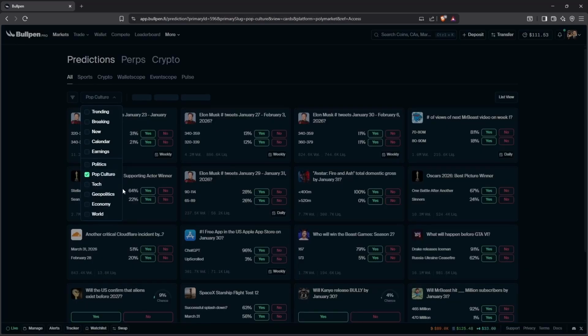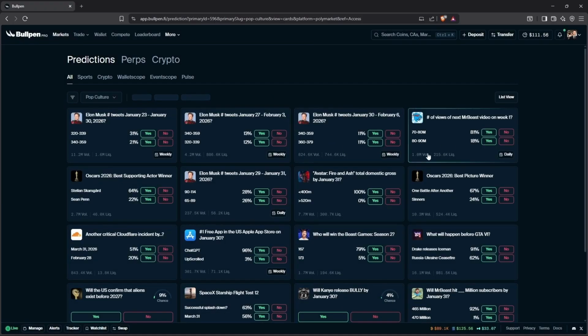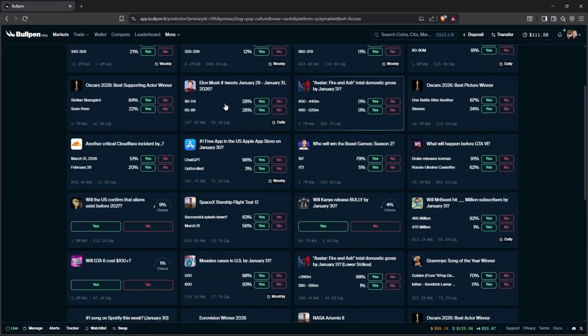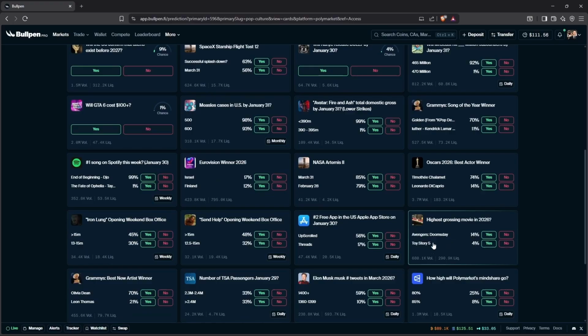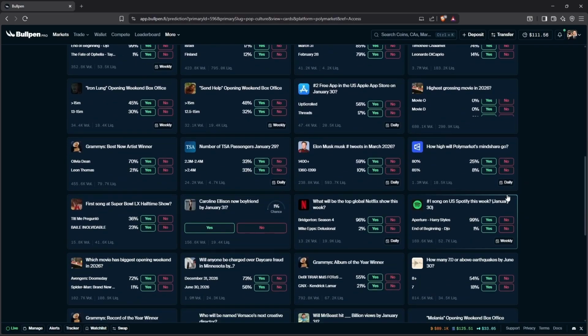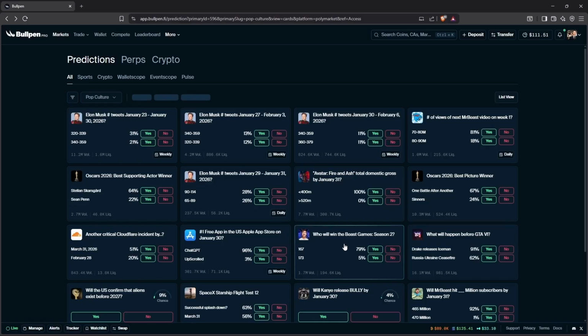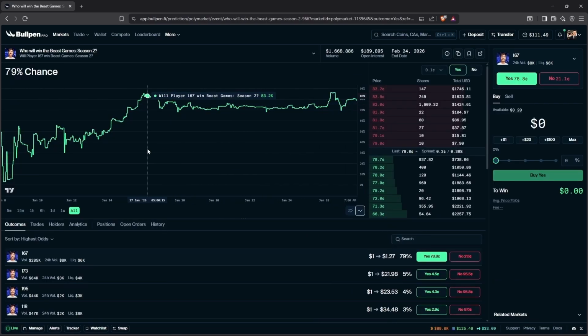Let's say politics isn't for you, and maybe you know a little bit more about pop culture. All you have to do is click on pop culture, and here you can see all of the trending pop culture categories and these trades that you can literally take and potentially make a lot of money on. So for example, right here, let's say we know exactly who's going to win Mr. Beast's games. All we have to do is double click on the card,